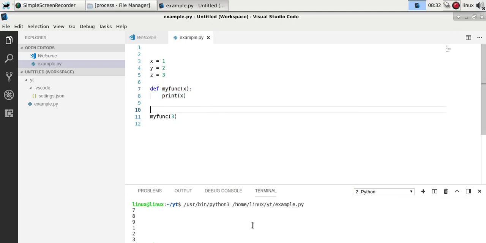So now if you run it, you'll see we have 3, so x is 3, but the other x is still 1 because of the function scope. So this x cannot reach here unless you explicitly define so. That's why now you have 2 variables of x. So you'll see 3 and 1, we call it with 3. In the function it's 3, but then it returns to the program, and then we have the global variable x,